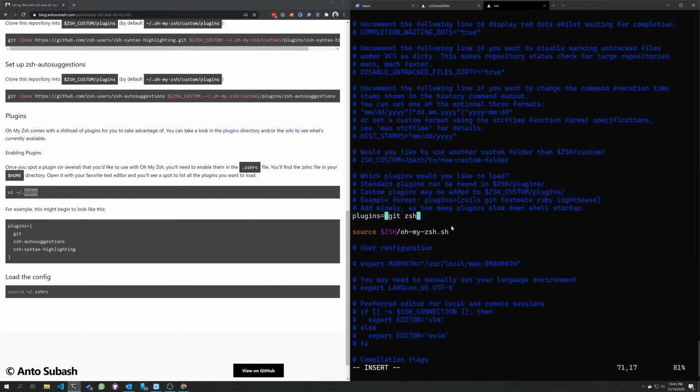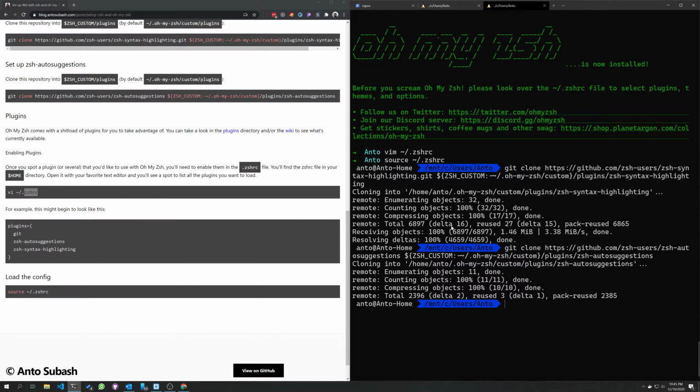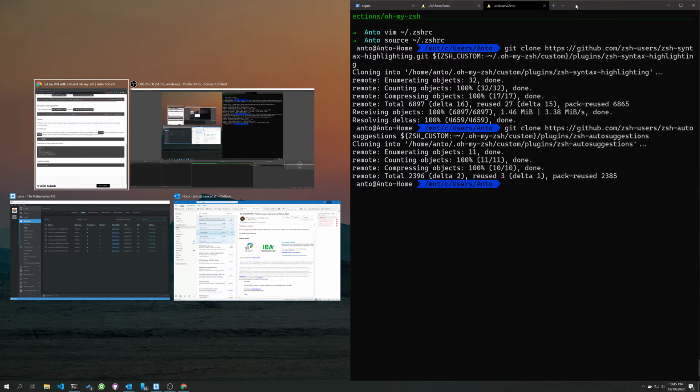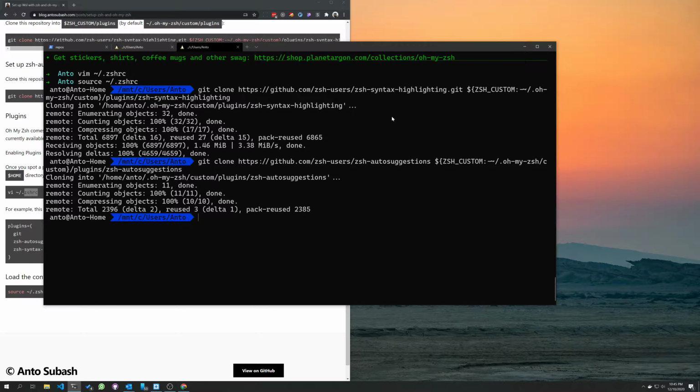So zsh-syntax-highlighting and zsh-autosuggestions. Okay, so once we did that, we can source it, and now if you see,